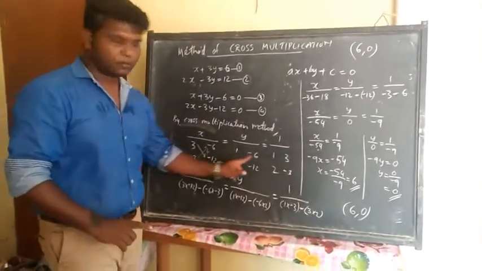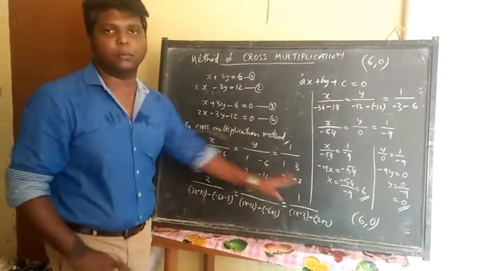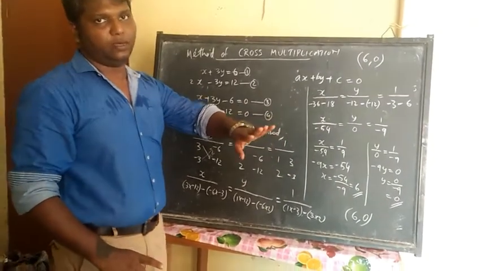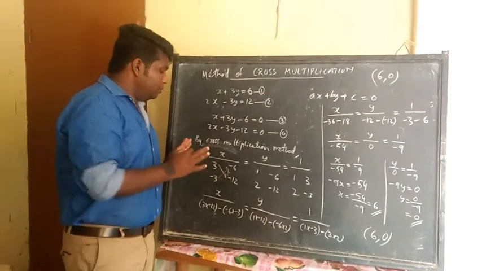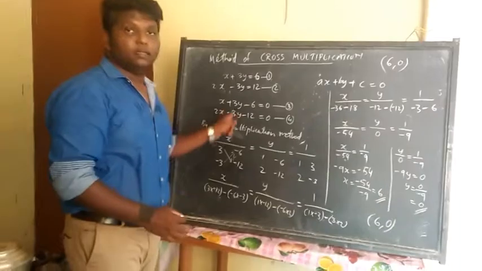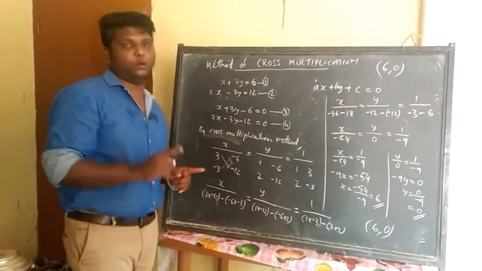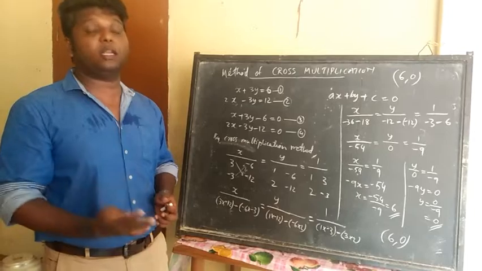You have to give a great importance when you are doing this one. ये जब लिखता है, ये लिखना जो है वो सही होता है तो बाकी सभी automatically will come correct. So you just give more and more importance when you are doing this one. It's very important to choose the values from here. That's the only thing which you have to remind while doing the method of cross multiplication.